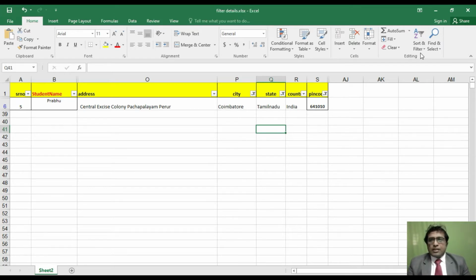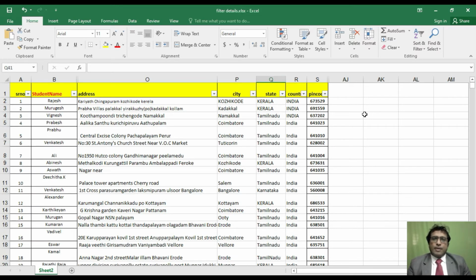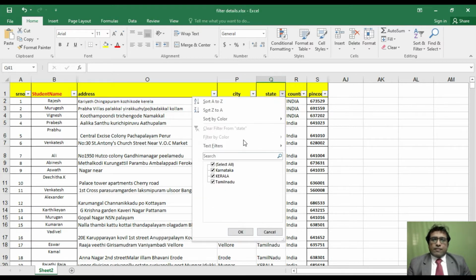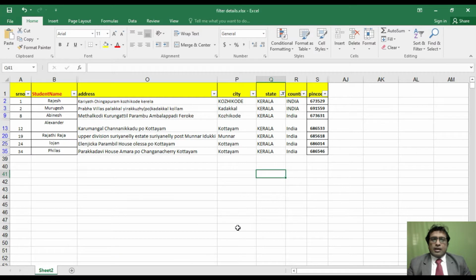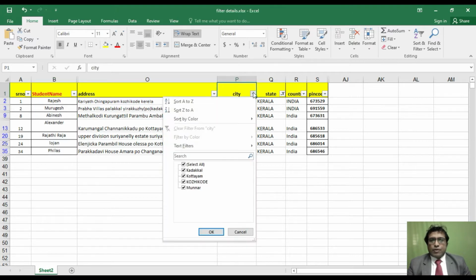Suppose you want to clear this, you click and click clear. Again, all the data will appear. Suppose I want the list of students who are from Kerala. You can see Rajesh, Murgesh, Abhinesh, Alexander, Rajadi Raja, Loja and Phyllis from Kerala. If I want students from Kottayam, how many are from Kottayam?